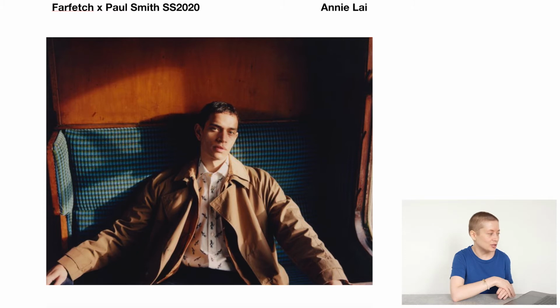It's a collaboration of Paul Smith with Farfetch. Farfetch is a big fashion online retailer. Shot by Annie Lai, I'm not sure. I think it's quite special. I really love the